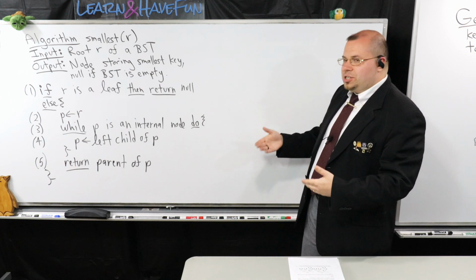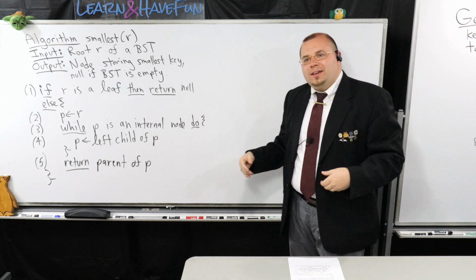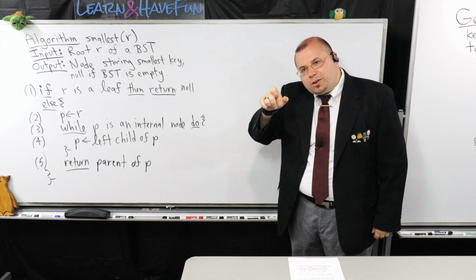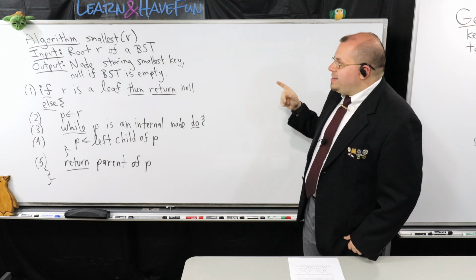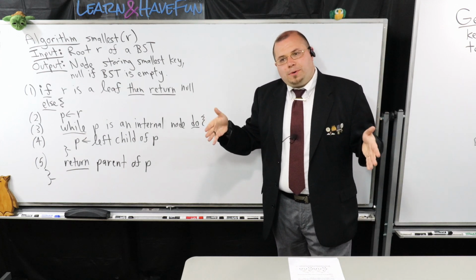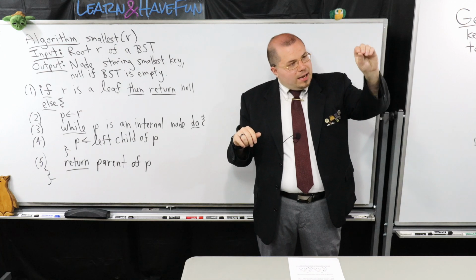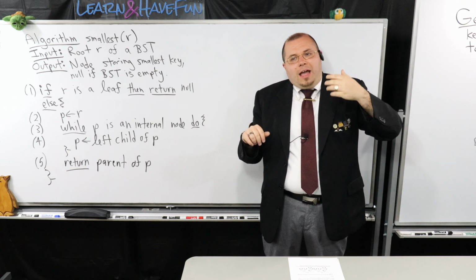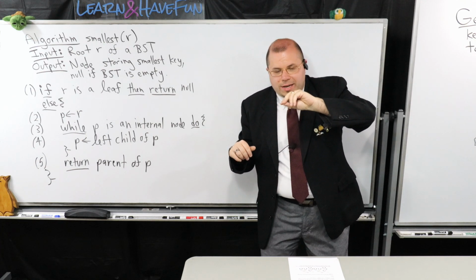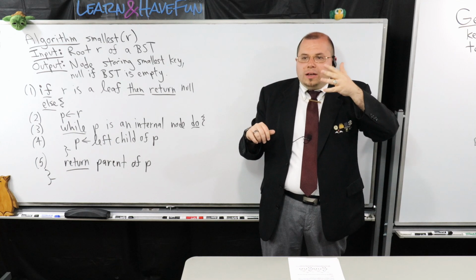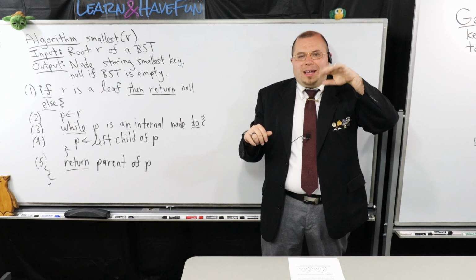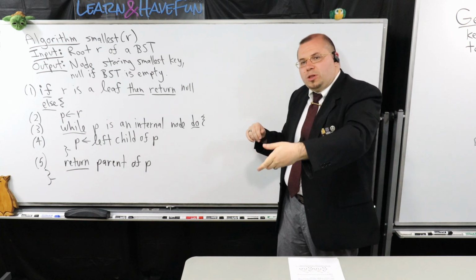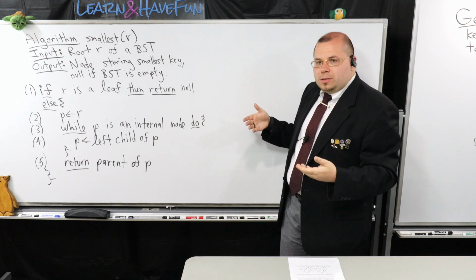So let's get back to where we were last day. Last day I introduced you to our algorithm for smallest. This algorithm gives me the node that contains the record with the smallest key. Remember, because of the binary search tree property, I can move to the left in the tree, and every one of the keys in my left subtree is always going to be less than all of the keys in my node and all the ones in the right subtree. So if I keep going left, I'm always going to get smaller and smaller keys. This is how this algorithm works.